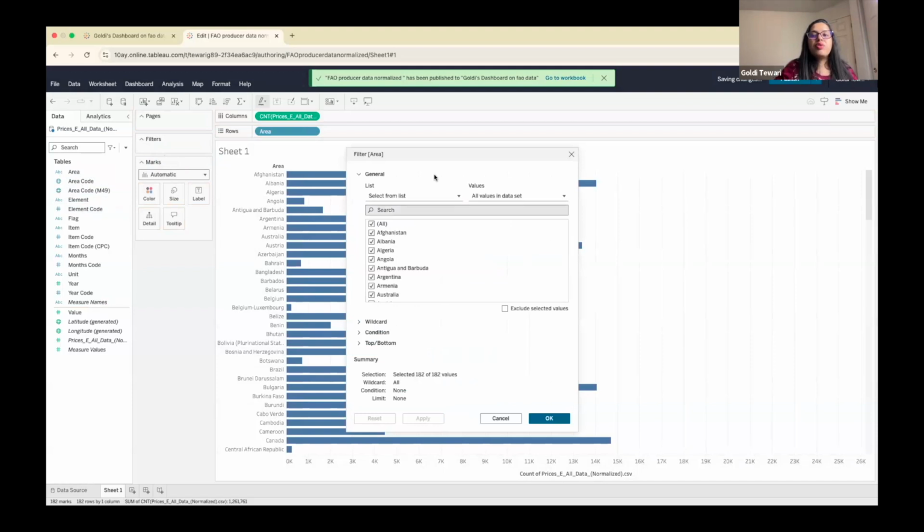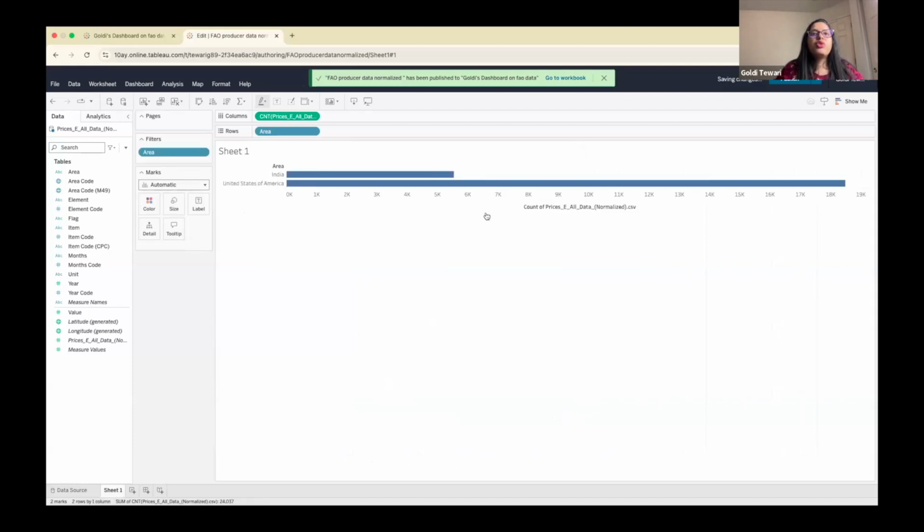Once I do that, it will give me a drop down, and I can just unselect everything by clicking all, and then I can look for India here. Click on India. Then I can look for United States here, click on that, and then I can hit